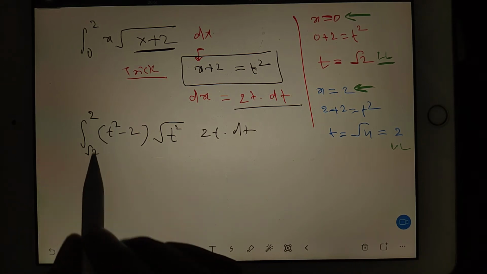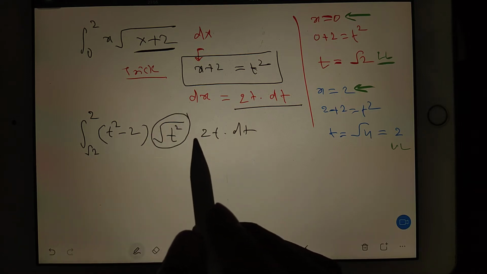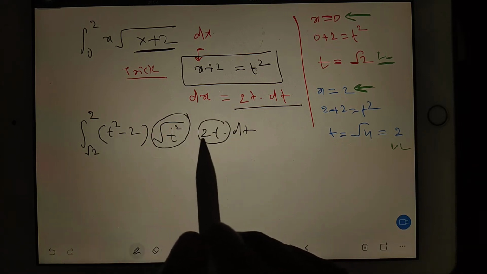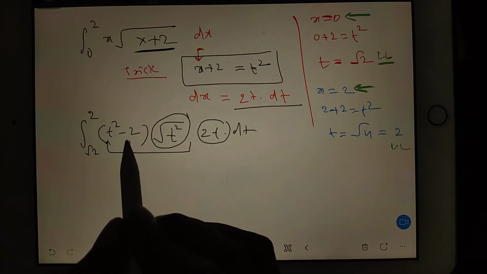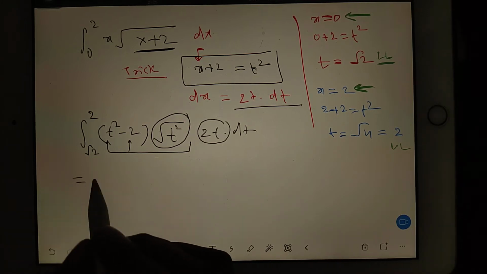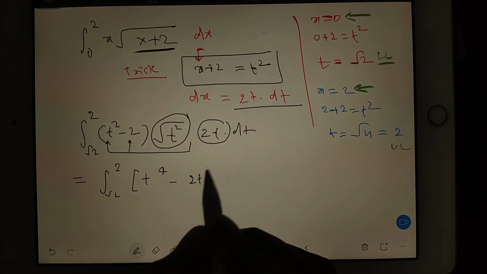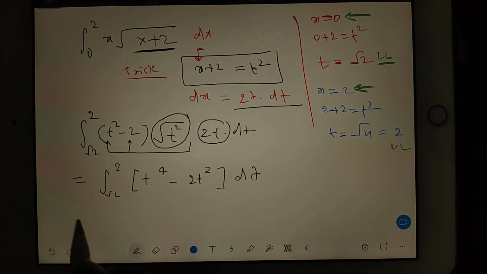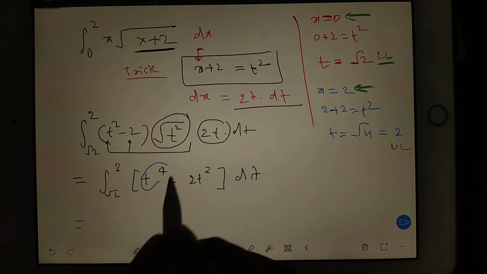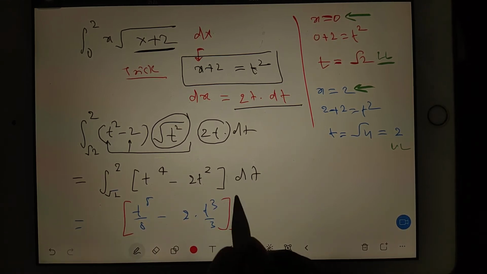Now what is the next procedure? You do like this. This one is going to be t, correct? This is 2t, so 2t square, that you multiply here and here. Now you understand your final format is looking very simple. It is going to be root 2 to 2, bracket t power 4 minus 2t square, bracket close, dt. Then we can integrate here. Now when you integrate this part, it is going to be obviously t power 5 by 5 minus 2 into t power 3 by 3, and we are going to substitute root 2 to 2.